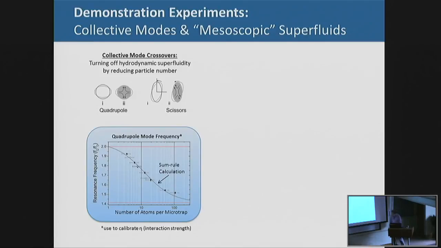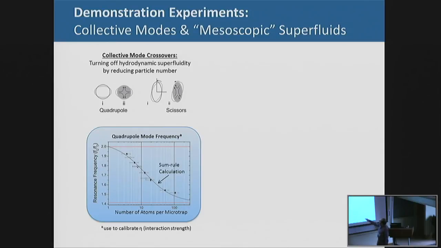And we can actually do other things with it as well that have to do with the few body dynamics. So here we can look at the collective modes in the system. And so what we're doing here is taking the number of atoms per microtrap from 100 atoms all the way down to a single atom. And what we're looking at are the collective modes of the system. So here we're exciting the quadrupole mode of a two-dimensional gas of 10 down to 1 particle, and also the